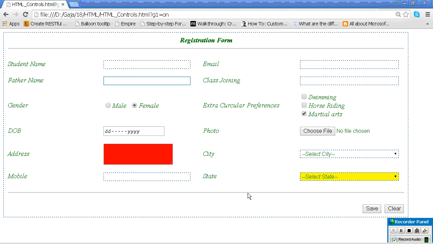Okay, then what are the disadvantages of internal style? I will tell you now. The disadvantage is whatever style you have written is only applicable for this page, right? But if you see on the internet, there will be 100 pages, all with a single style, the same design for the entire site. Do you understand what I am saying? Whatever style I have written in the internal style only affects the text boxes which are in this page.